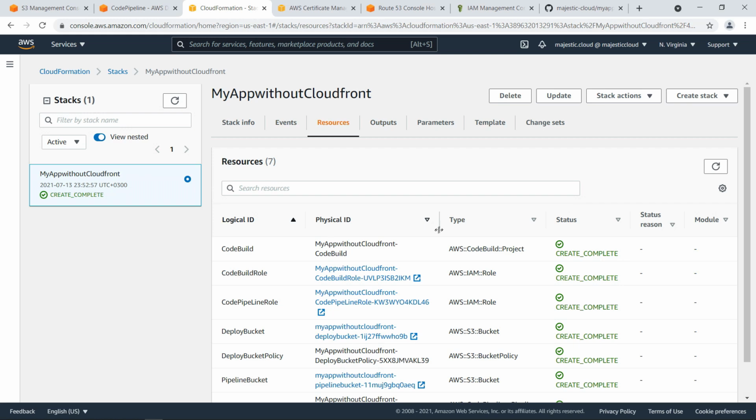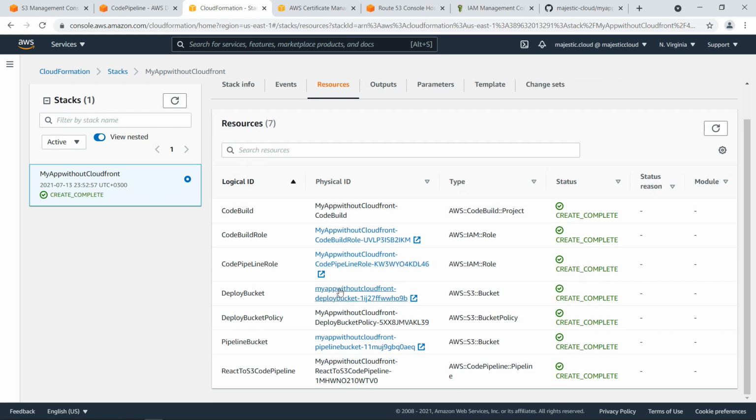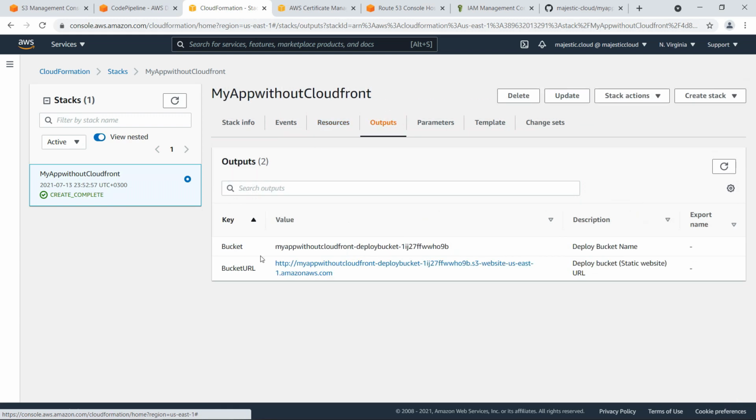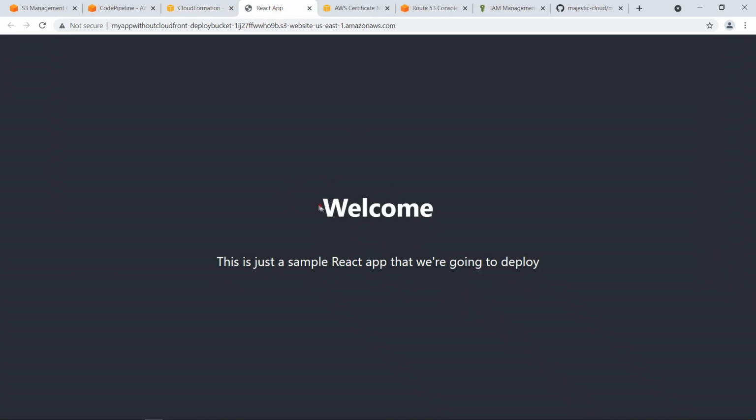So it did finish, and it says create complete. It created a bunch of stuff like the code build project, the code build role, pipeline role, the buckets, and so on. And in the output section we can find the bucket URL for the static website which was deployed for us. And if I click on it, you can see that my app is already deployed on this static